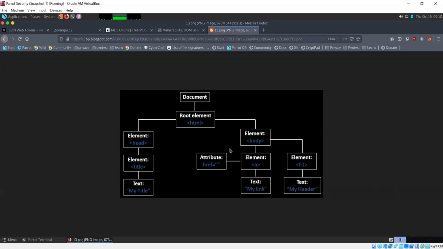Body contains different tags like anchor tags and headers. The headers have their own text, and anchor tags have their own text. Similarly, for all the elements within your page, this is the hierarchy that is followed. So you could say that the document object is the root node of all the HTML elements.